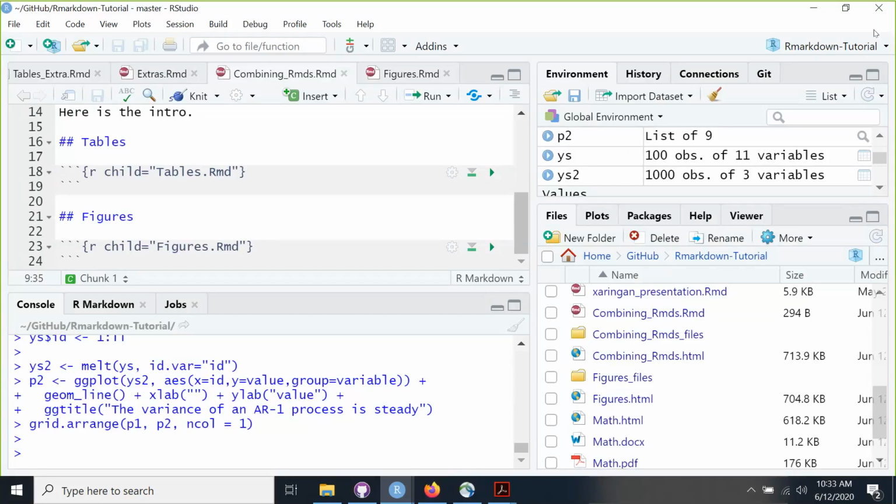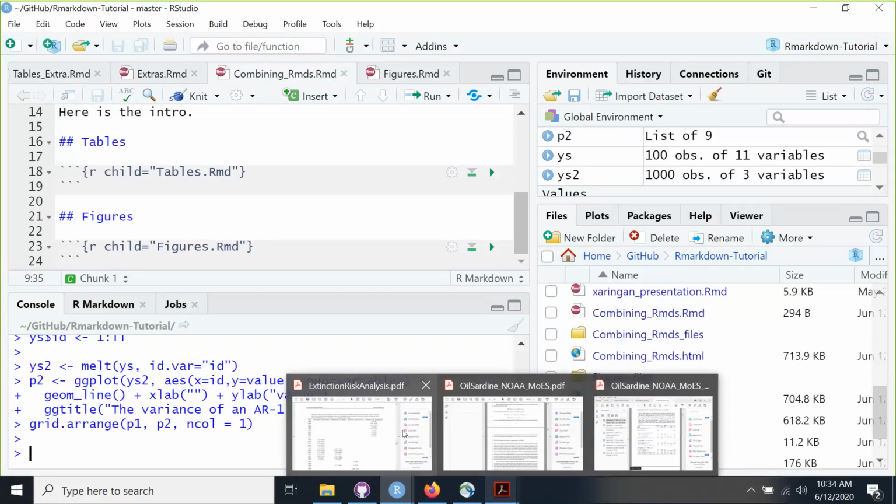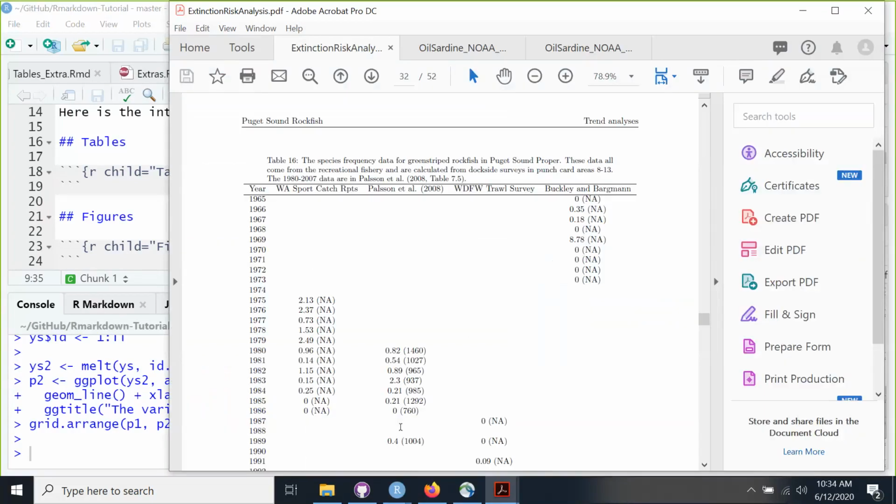Okay, so I want to show you some examples of some more realistic, complex Markdown files from my own work, and talk about some of the advantages of using an R Markdown file. And I'm going to do that using a specific example. All right, so this is an